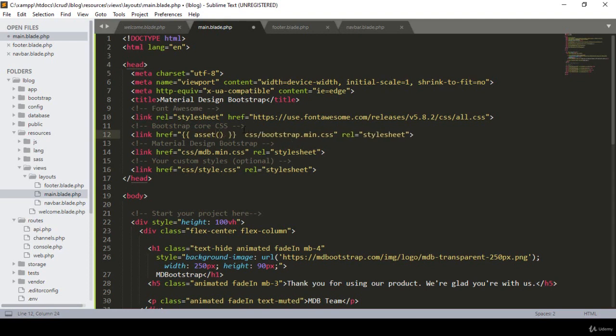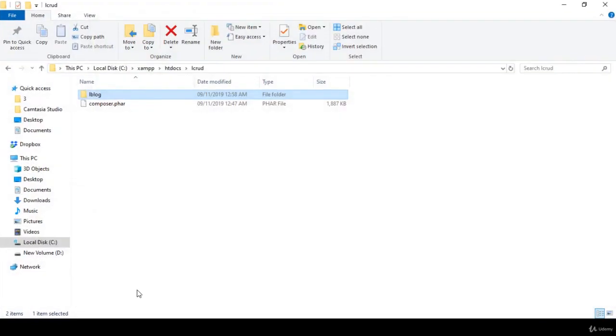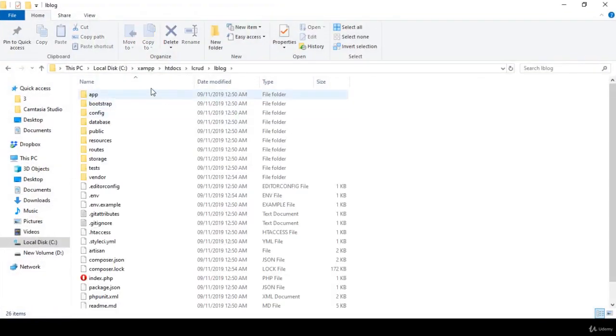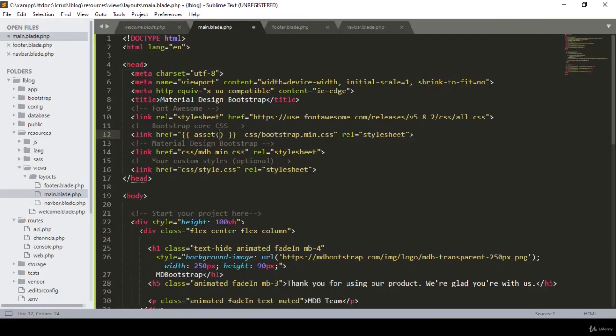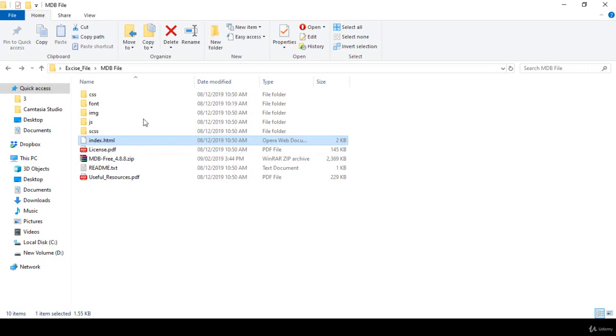Okay, asset actually means the root directory. Like if you go to our drive, here there is our L block. So asset means it should start from this position, that means this directory, our project directory. I just assign that in Laravel as an asset, and after that asset, here in our